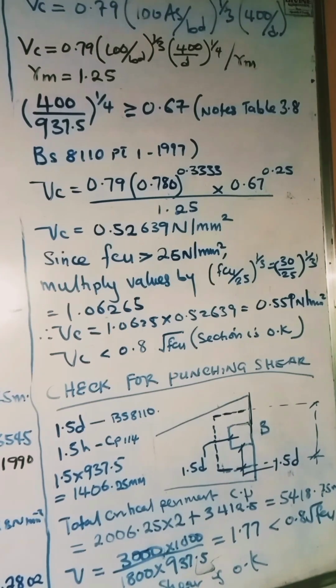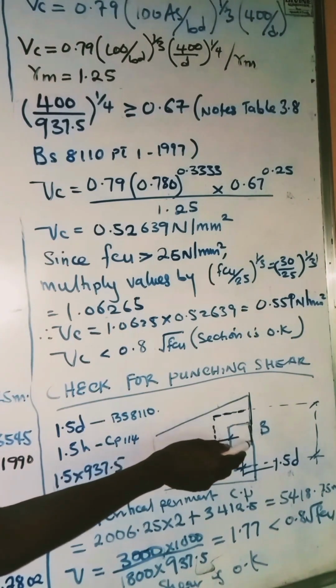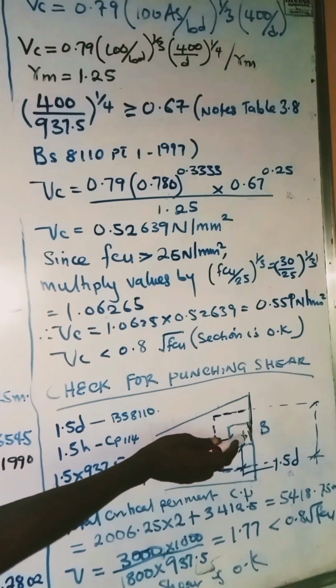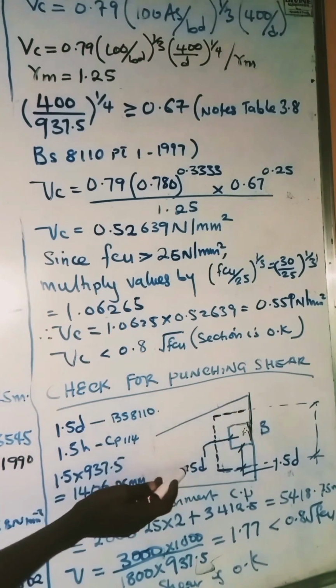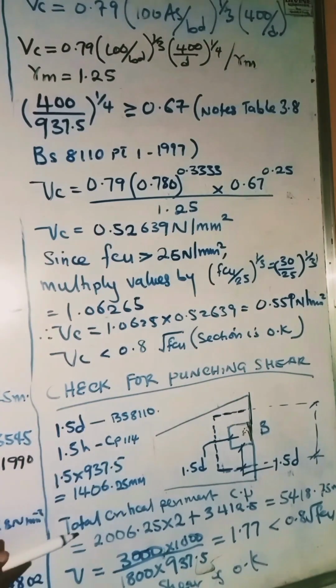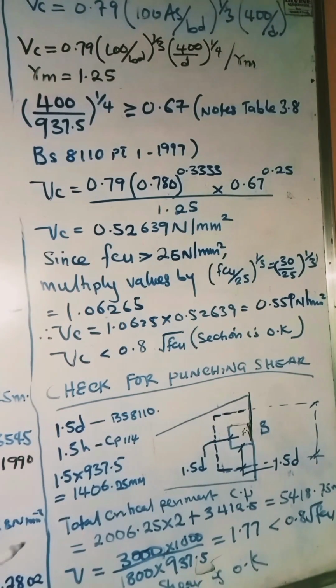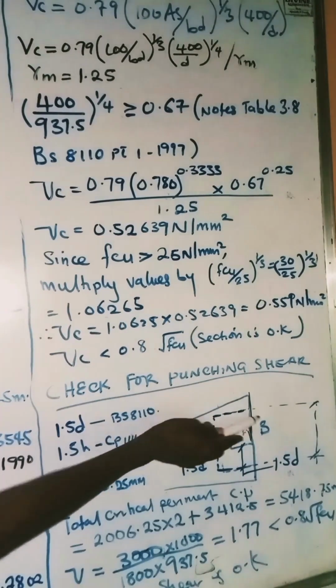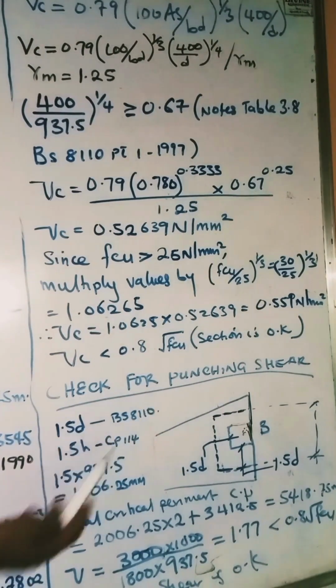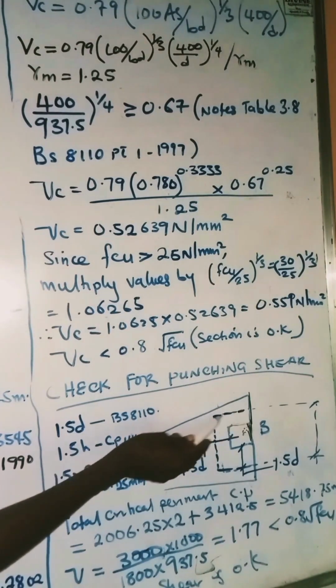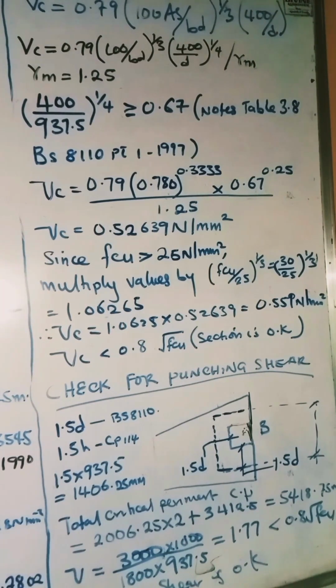So the critical perimeter most likely is on this part of the column. These are more critical because there's a high tendency for this column to punch away from the entire footing. Okay, so because of that, it is advised to take the critical perimeter as the perimeter of the column itself. But if we want to do the critical perimeter at 1.5d, you see that the total perimeter from here to here is 1.5d, which represents 1,400. So if we add it up to 600, we'll have 2,000, and then you work out the rest. Okay, so the total perimeter from here down to here will give us 5,418.75 mm. But we're not going to work with that critical perimeter because it is not as critical in terms